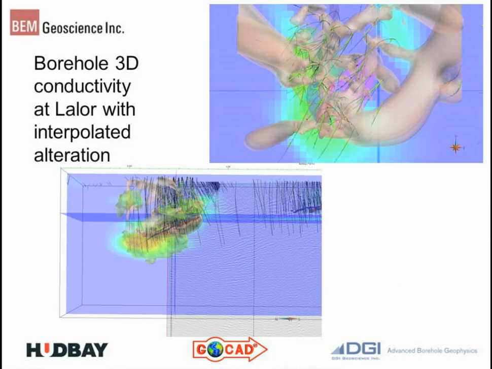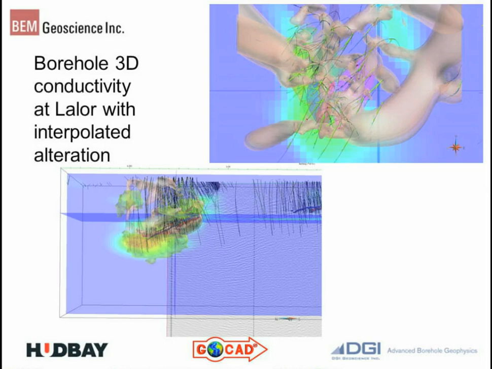This is the borehole EM inversion rendered as an isosurface. I don't know what the cutoff is. And then that's sitting there with, it looks like a balloon animal or something. But the grid is an interpolated alteration index, sericite alteration index, I think. And so you can see in the core of the system, there are these high conductivities. And when you actually look in detail, you see that they cross-cut the lenses. So I wonder if there's some kind of